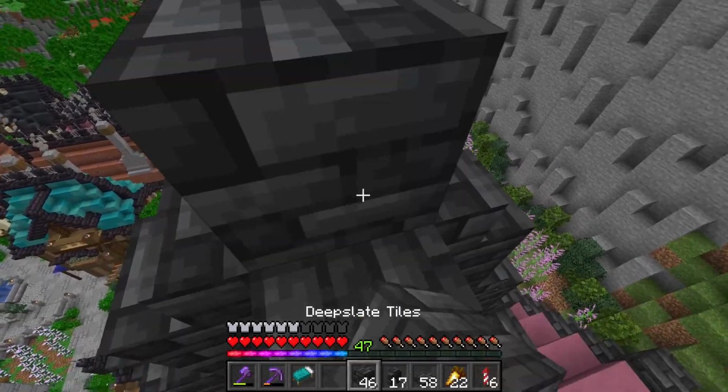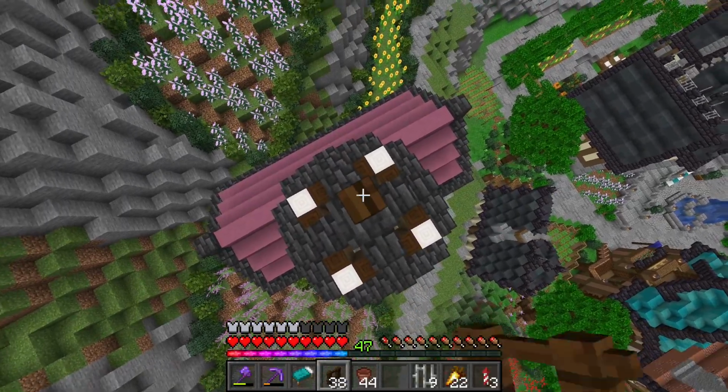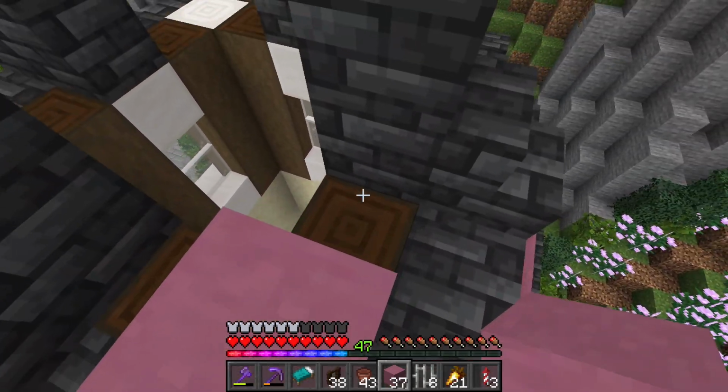Then once we're here at the top, we want to come up 2 deep slate blocks and 1 wall. After that, we're going to come up 2 dark oak fences, 1 iron bar, and finally tip it off with a flower pot. Now the last and final step is going to be to bring in our magenta terracotta, so